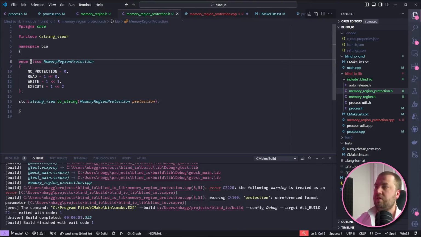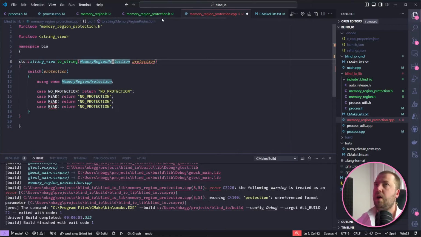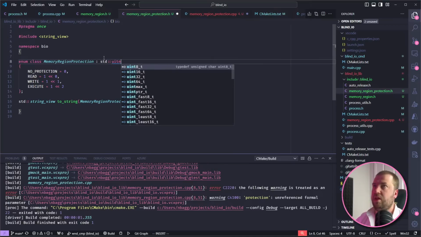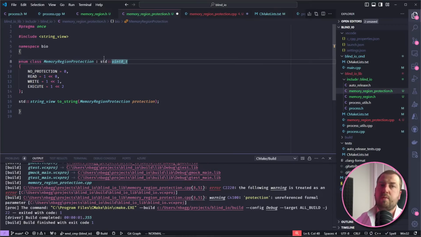So if you just did this, then wherever you include this file, you could write no protection anywhere and it will resolve to this, and it leads to all sorts of miserable clashes. Whereas if you make it a class, you have to qualify it through this type, which prevents name clashes. You can also, if it's a class, specify the backing type. So if I really want this to only take up 8 bits, you can do that as well. But I don't really care for this.